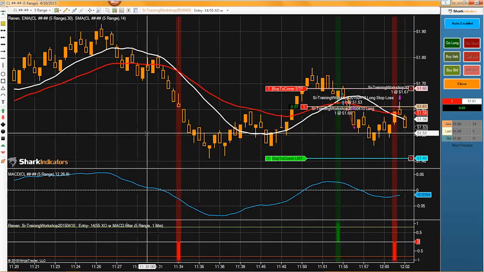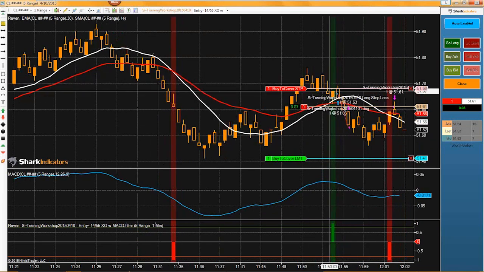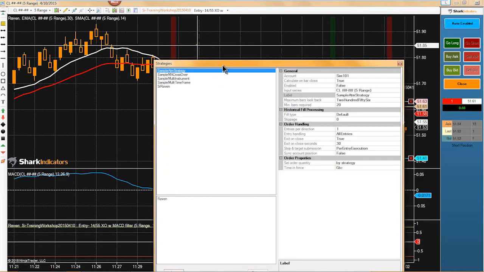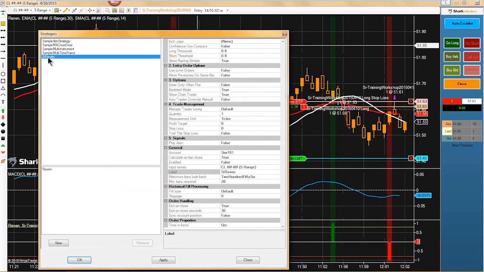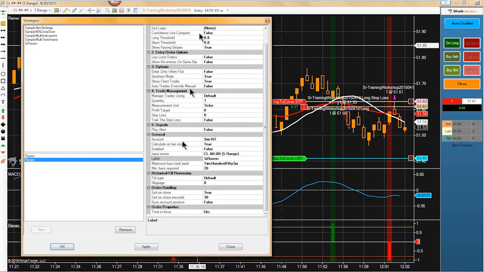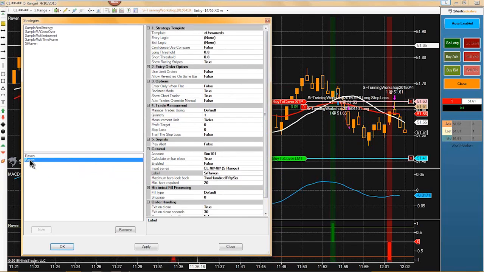So, alright. Since I have a position open here, if I went in and added another Raven, right, that's going to reset my chart. It's going to refresh the chart. And if that happens, actually, yeah, that's a good example. Let me show you exactly what would happen if I did that. So let me have this second instance of Raven. I'll put it on this chart,